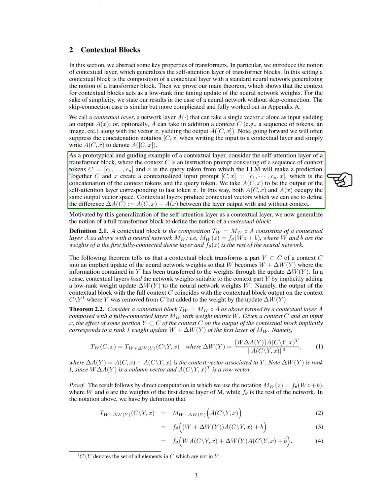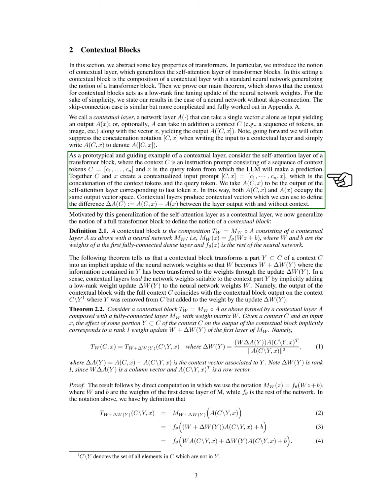This leads us to generalize the concept of a full transformer block into what we call a contextual block. A contextual block consists of a contextual layer combined with a neural network, where the neural network's first layer has weights and biases. Our theorem indicates that a contextual block transforms a part of the context into an implicit update of the neural network weights. This means that the weights are adjusted based on the information from the context. Essentially, contextual layers adapt the network weights to fit the context by adding a low-rank update to the original weights.